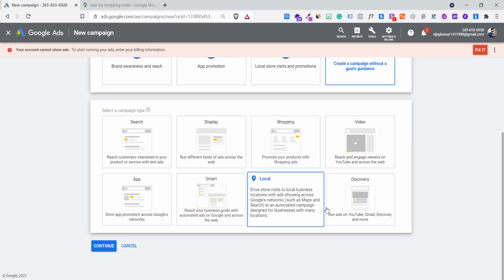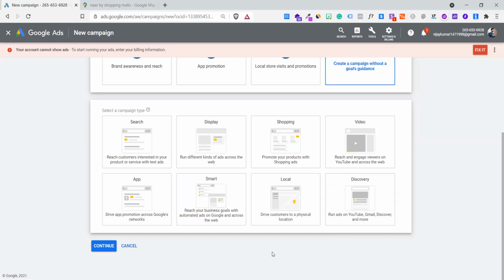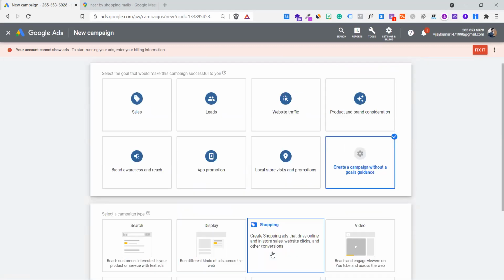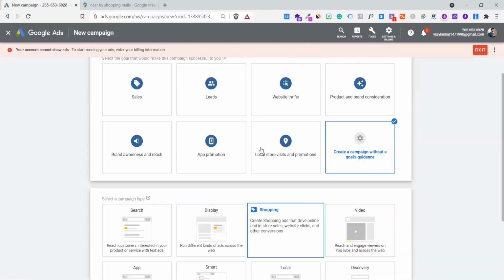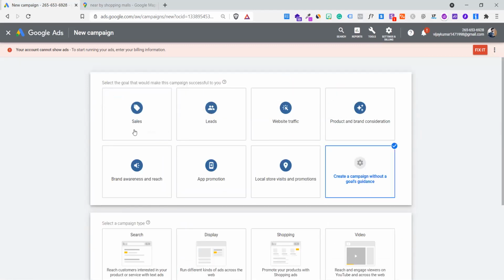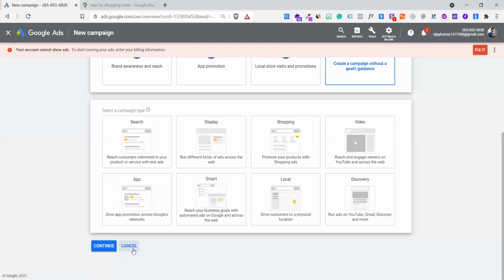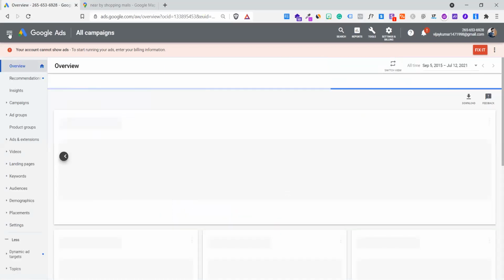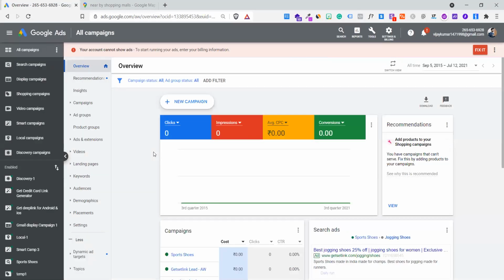Okay. So let's go ahead and create a campaign right now without any further time waste. So we have multiple campaign types. If you want to choose, you can choose it. So what I can do, I can just quickly come back, so you'll not get confused about how I've created it, because sometimes people think about how you can create campaigns real quick and find out all things.